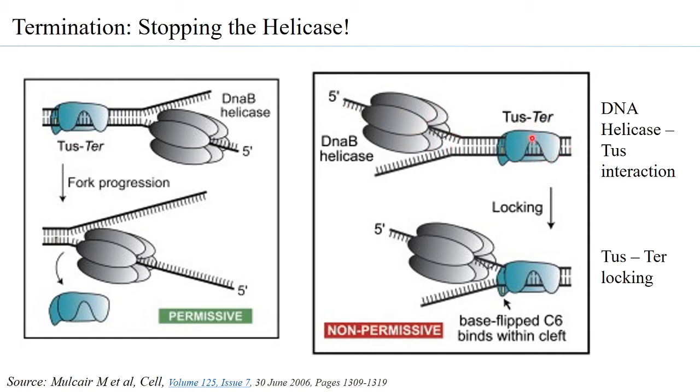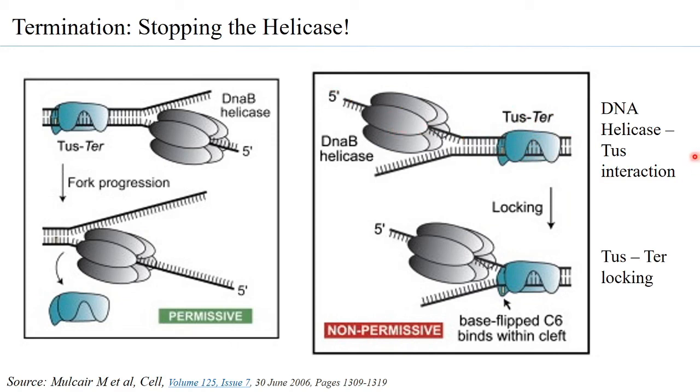And that is because the TUS interacts with the GC, the flipped C, and strengthens its association with the DNA. And therefore, the helicase is not able to dissociate the TUS. What has also been significantly observed through this study is that when you have a defective TUS, it is observed that although the TUS can bind to the TER region, it is not able to stop the helicase. But when you use the TUS which is not defective and the TUS binds to helicase, the helicase does